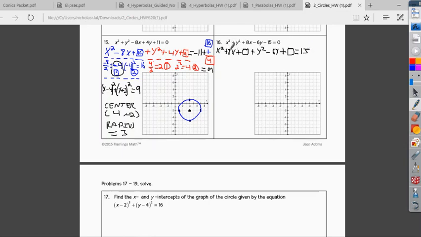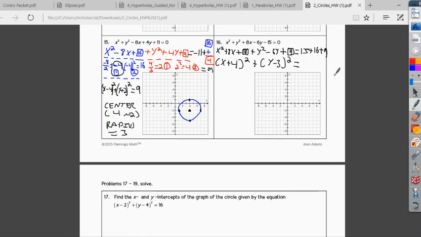X squared, 8 divided by 2 is 4, 4 squared is 16. Negative 6 divided by 2 is negative 3. Negative 3 squared is 9. This is going to factor out into x plus 4 squared plus y minus 3 squared is equal to